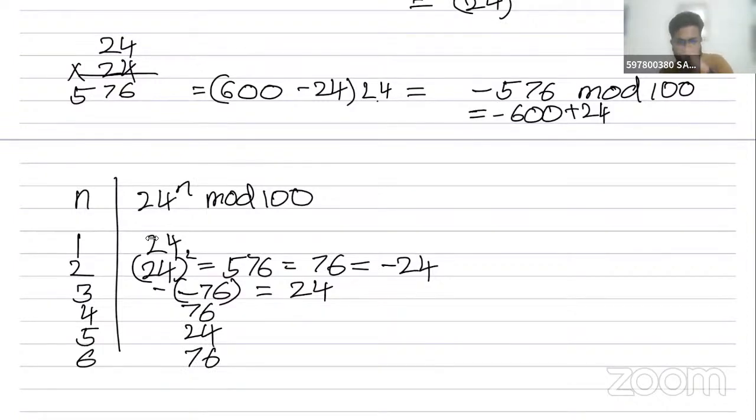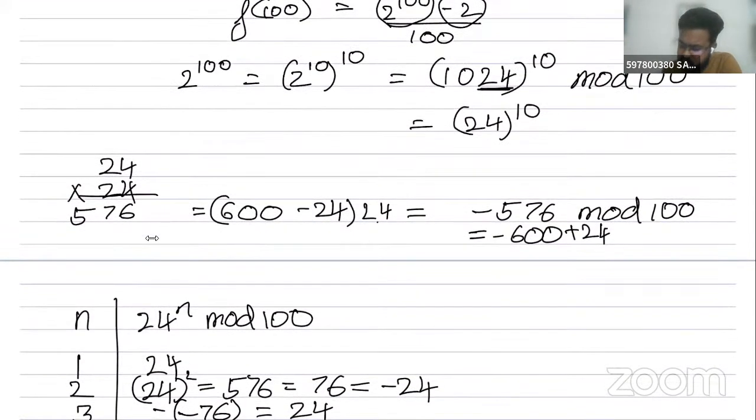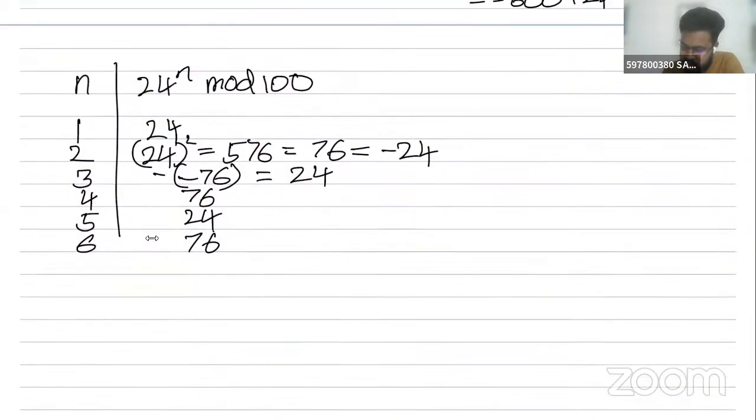So 24 to the power any number, when divided by 100, or the last two digits if you are checking, will be either 24 or 76. We check whether the number we are raising 24 to is even or odd. Since it is an even number, mod 100 will be equal to 76. And the answer will be